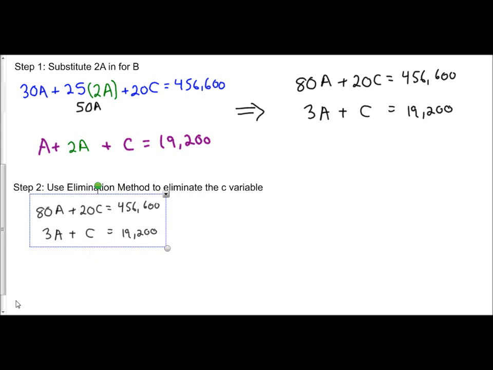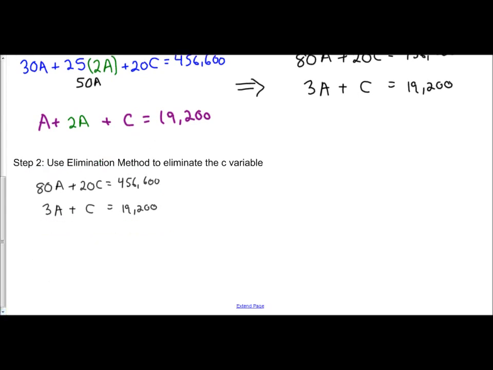And we always want opposites when doing our elimination method. It's the easiest route. So I'm going to multiply this bottom equation by negative 20. And that's going to allow us to get a negative 20 here, positive 20 there. It'll allow us to eliminate this c variable. So my top equation stays the same, 80a plus 20c